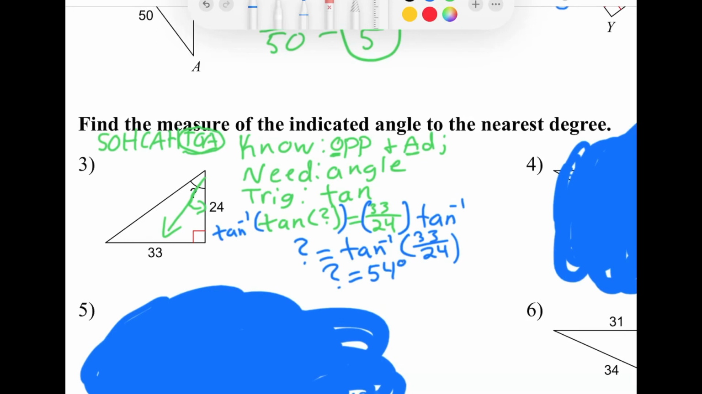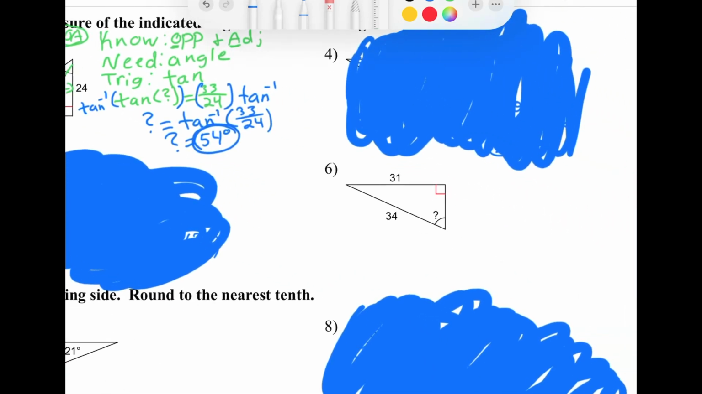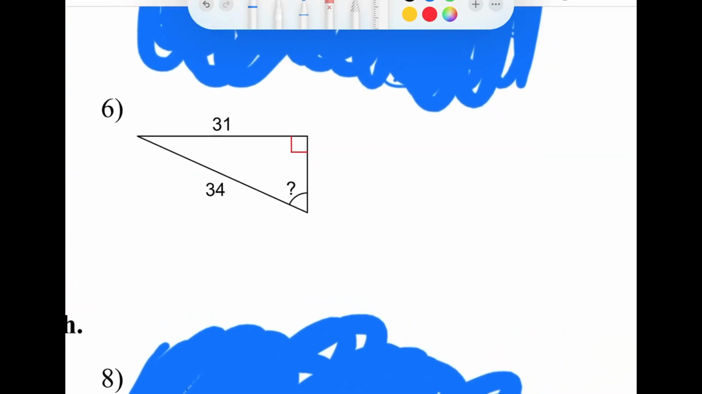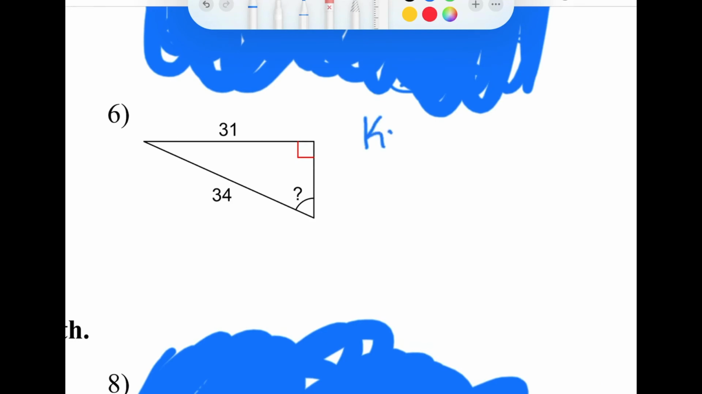If you did not get exactly 54 degrees, please make sure you are rounding correctly. In the directions, it does specify to round to the nearest degree. So that would be your answer. So I'm going to move on to 6, and then in a second I'll allow you to attempt number 4 and number 5. So in number 6, we know the opposite side and the